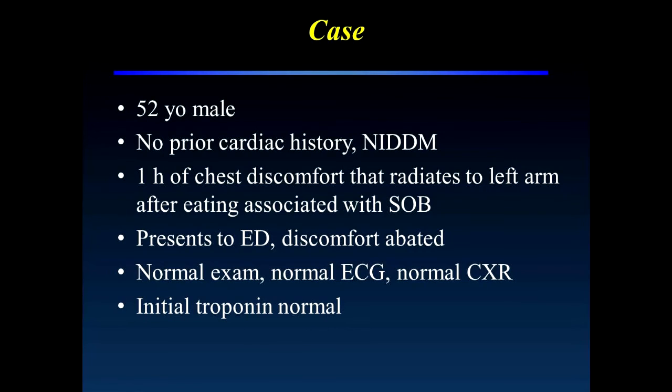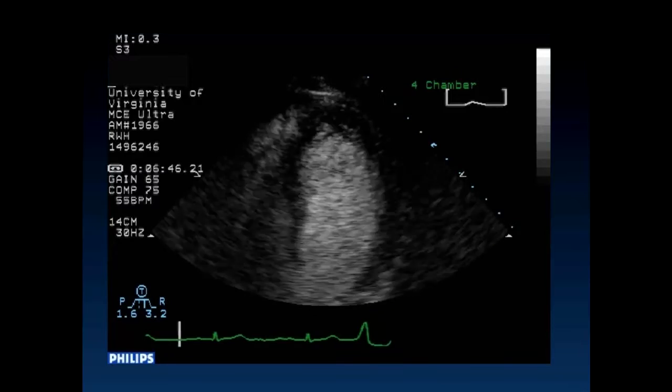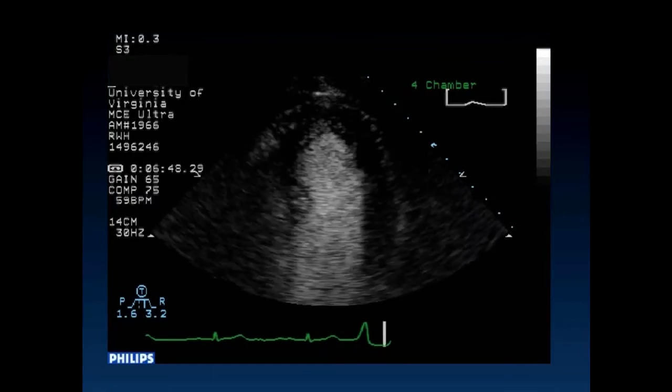He presented to the emergency department, but his discomfort had already abated. He had a normal physical exam, normal electrocardiogram, normal chest X-ray, and his initial troponin was normal. Because of his risk factors, certainly ischemia as a cause of chest pain needs to be considered, but this could easily as well just be gastroesophageal reflux disease. The patient had an echocardiogram done shortly after he arrived in the emergency department, and you can see